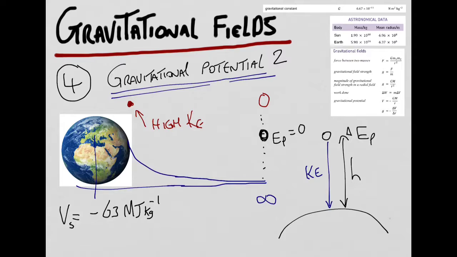Theoretically, if I let it drop all the way from out there, I've gone from zero to high here, and I know that my kinetic energy comes from gravitational potential energy,